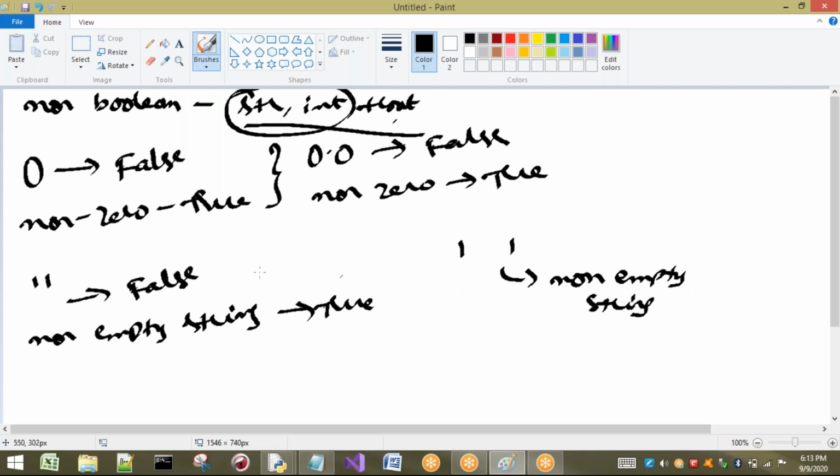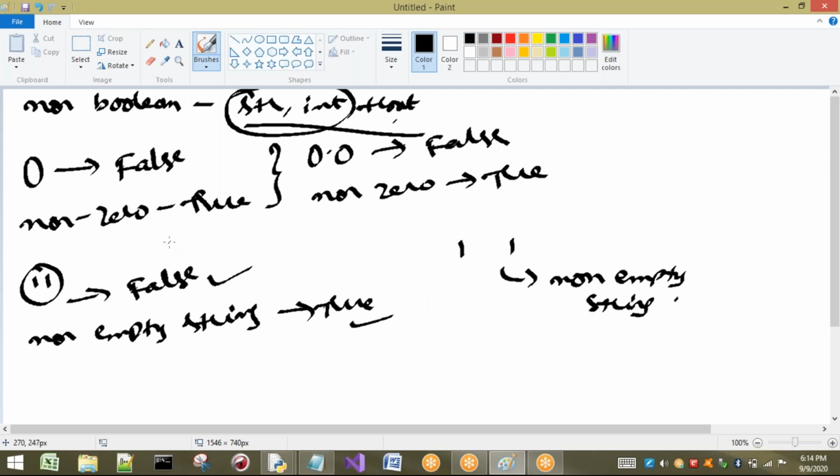So just think: an empty string is just open single quote and close single quote, so inside there is no string, and the answer is false. If we have at least any value, it may be a space or any symbol, then it is automatically a non-empty string, and the result will be true. The rules are the same. Whatever we discussed about when we get true in and, when we get true in or, and what about not, all those rules are the same. But here I am telling you which one is true and which one is false.